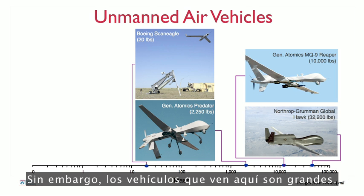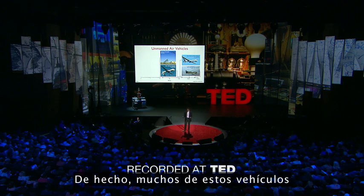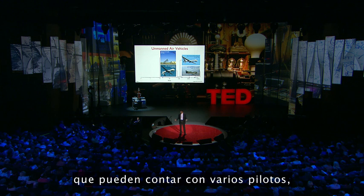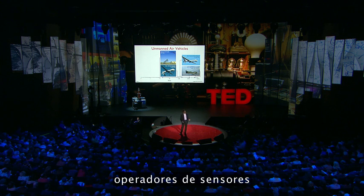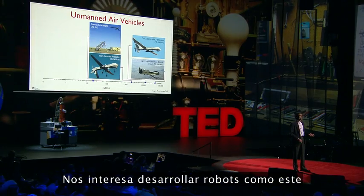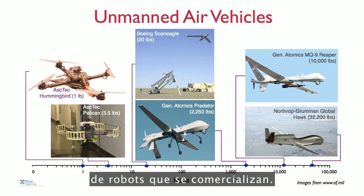However, the vehicles you see here are big. They weigh thousands of pounds, are not by any means agile. They're not even autonomous. In fact, many of these vehicles are operated by flight crews that can include multiple pilots, operators of sensors, and mission coordinators. What we're interested in is developing robots like this, and here are two other pictures of robots that you can